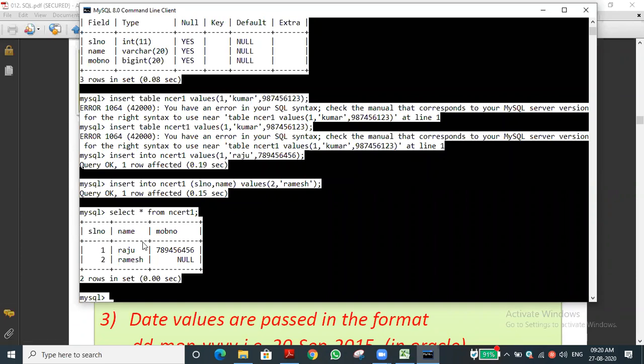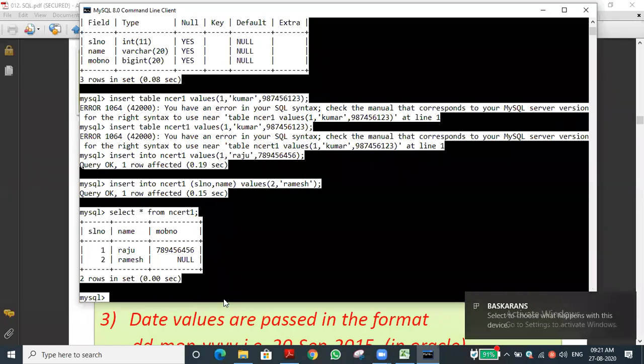So, sir, while we are creating the table itself, we need to give the default value. We created the mobile number column there itself. We need to describe what the default value is instead of null. Okay, that is the thing. Good. Sir, we cannot insert any varchar characters, because we have defined it as bigint.